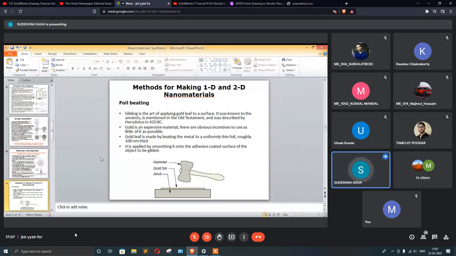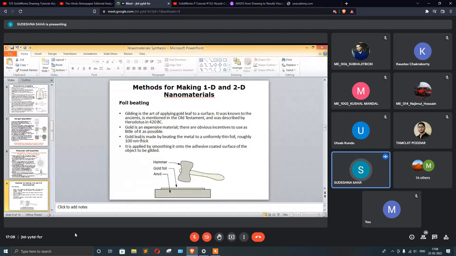The first one is a very crude technique, which is foil beating, which is also sometimes known as gilding. Gilding is the art of applying gold leaf to a surface, which has been known from the ancient ages. And because gold is a very, very expensive material, there are obvious incentives to